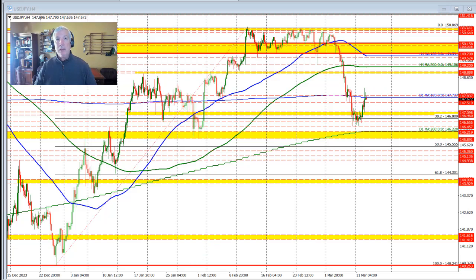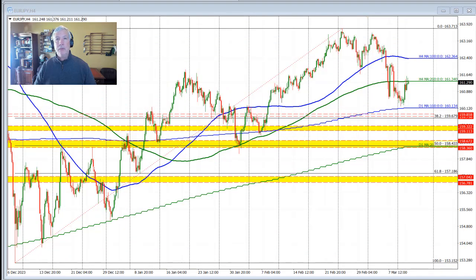So then, I want to look at the euro versus yen and see what the 4-hour chart says on this currency pair. And similar to the dollar versus yen, but less so, the euro versus yen moved to the downside last week and into this week. The low price that we reached yesterday came right down to test this 100-day moving average. That 100-day moving average is this blue line right here, and that level came in at 160.134,